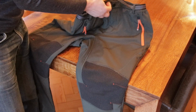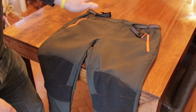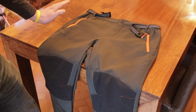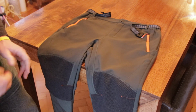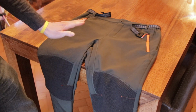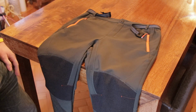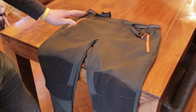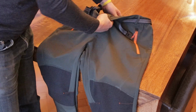I've also reinforced the stitching on this webbing belt. Now the reason I'm making this video is that these were bought from a popular online marketplace, one that I'm sure the majority of us use fairly regularly. I'm not going to mention it, but they sell all kinds of different things. It's not an auction website, it's a marketplace, and my friend has been sold something that he didn't buy,